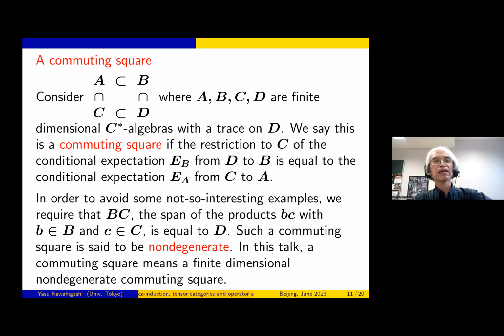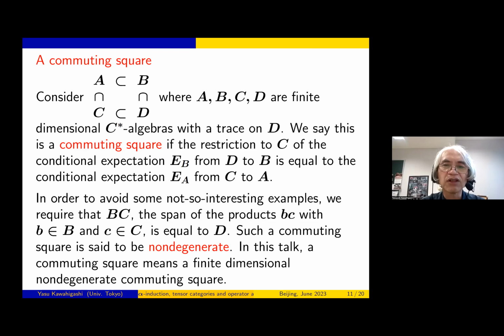Then here I start with something which looks entirely different. So this is really an operator algebraic study of this kind of setting. This kind of structure also naturally appears in studies of quantum groups in the operator algebraic framework. So consider four finite dimensional operator algebras. They are really finite dimensional things. A finite dimensional algebra is really just a direct sum of n by n matrix algebras, so something really linear algebra. Then we have four finite dimensional operator algebras, A, B, C, D, and suppose we have a